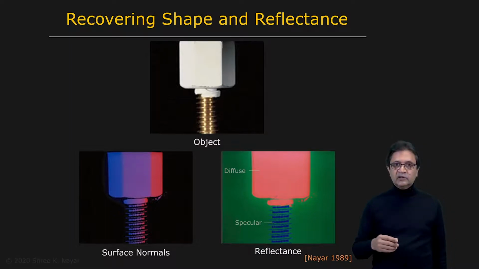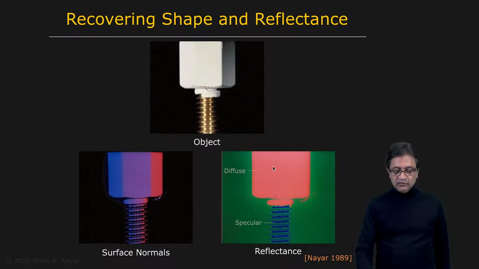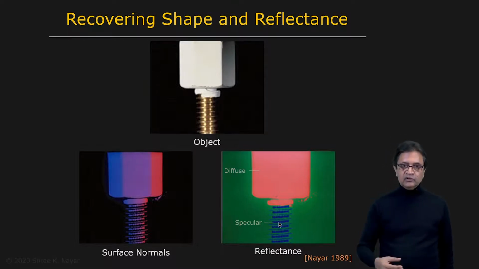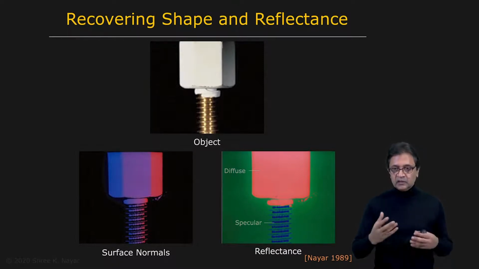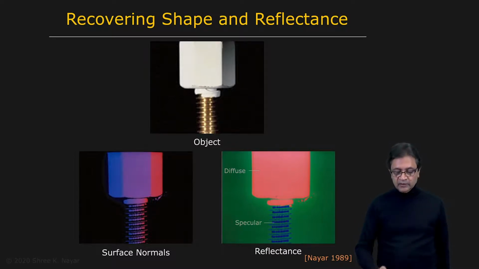So what this map is telling you is that the system has been able to find that the top part is diffuse in reflectance and actually uniform in terms of its reflectance properties. So the color red is being used for diffuse, and the more red it is, the more diffuse it is. And here you have the specular albedo, so to speak. So this is telling you blue is being used to show that the object is specular. So the darker the blue, the lower the albedo, the brighter the blue, the greater the albedo, and the same applies to the diffuse surface as well.